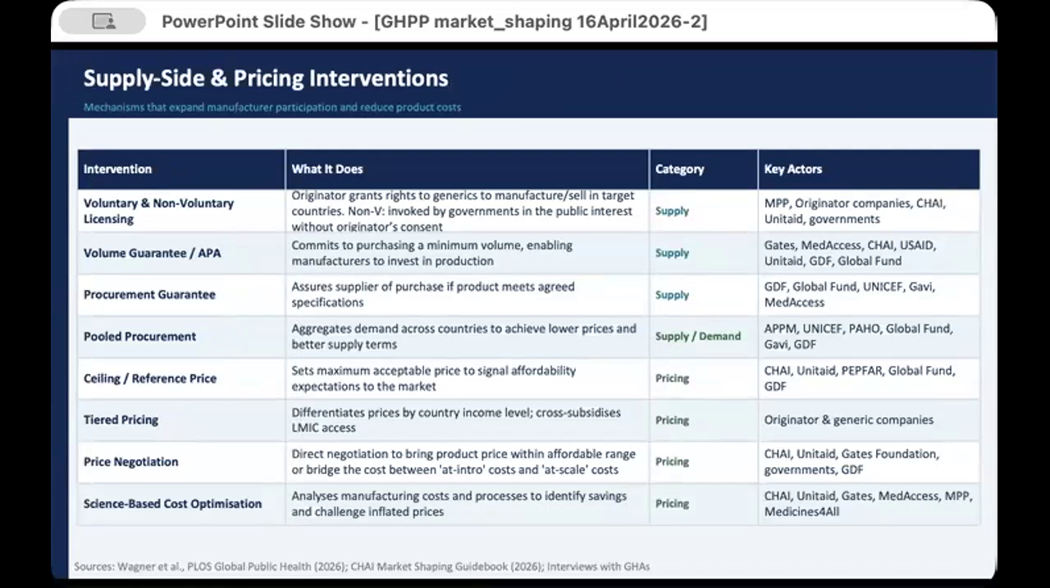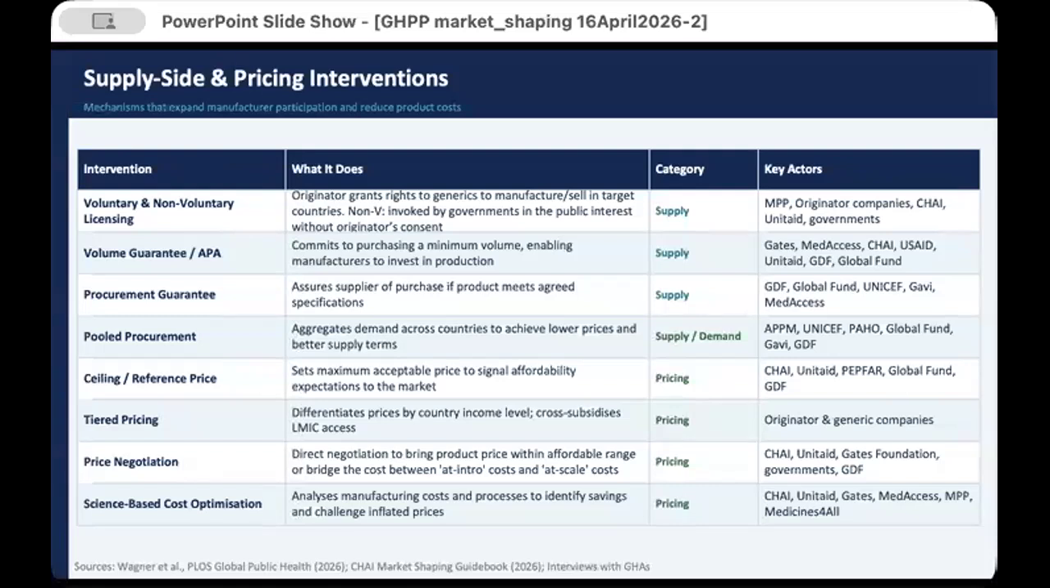So let's start. I know there's a lot of information on this slide, but I'll just be going over the intervention and basic description. We are aware on this call of voluntary and non-voluntary licenses. The key actors here are mostly on the voluntary licensing, but not only. You've also got governments that can issue non-voluntary licenses, as we know. Volume guarantees are increasingly used as a tool. Sometimes it's unfortunately seen as a magic bullet. It is not, but